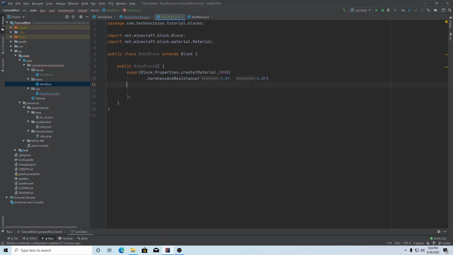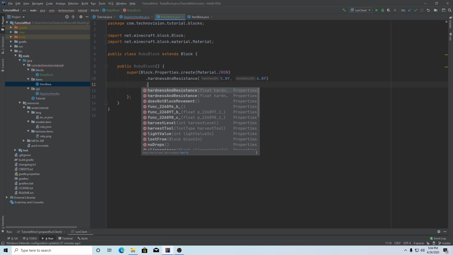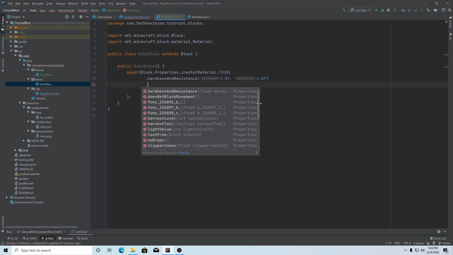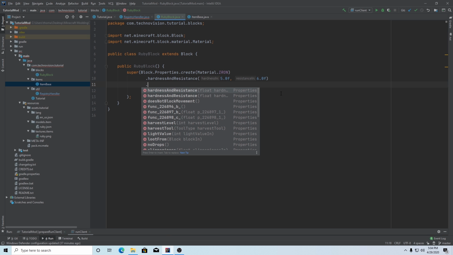And we can add another dot here, and you can keep adding dots here, and you can see there's a bunch of different options. You can play around with all of these, but I'm just going to show you a couple just so you have some examples under your belt. So I'm going to do dot sound,